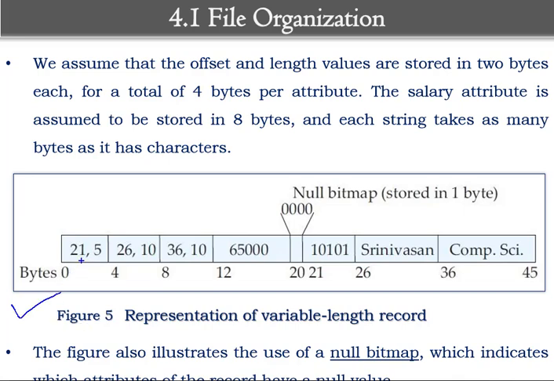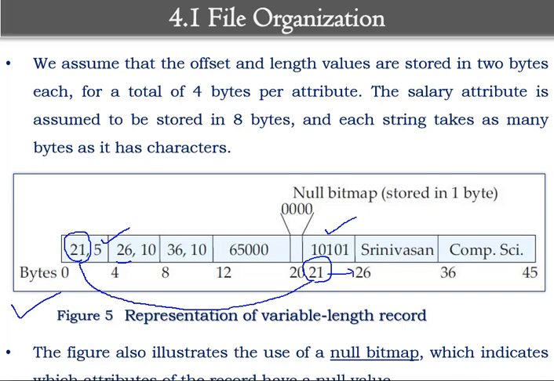Here we can see that this is the 21. This is the address from where variable length record is being stored. So this is the 21st byte. If you see the 21st byte, instructor number is given. So instructor number may be data type having varchar. So that's why it is a variable length data. So 21 is the beginning address and how many bytes does it take? 5 bytes. So if you see here 21 to 26, it is taking 5 bytes of memory.